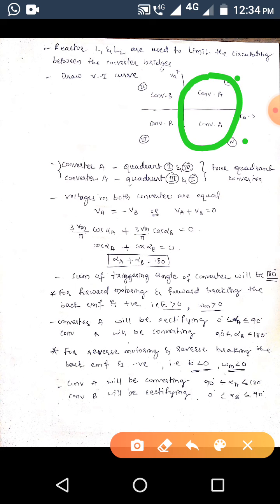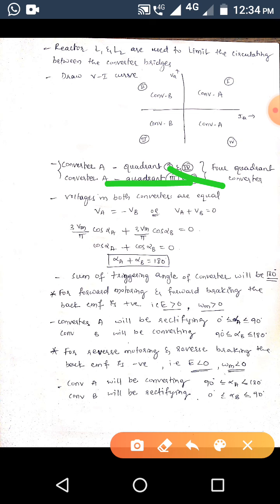It means that in both quadrant 1 and quadrant 4, the current will be in the forward direction. That's why for converter A and converter B, on both sides the current is in the forward direction. The circulating current is moving from negative to positive, which means the forward direction. Similarly, sorry, it will be converter B here. Whatever we have for A, make the same change at converter B.